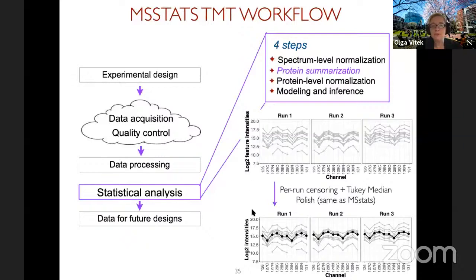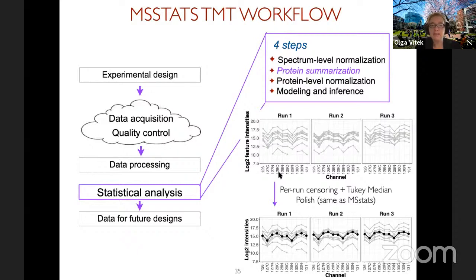So now this is per protein. So now these are all the features which belong to this protein in run 1, in run 2, and in run 3. And so you see that between the runs, there can be quite big differences in average intensity of the features because, well, this can be different features in the first place, right? This can be different ions in different runs. So this is to say that things are not comparable between the runs yet, but things are comparable within the